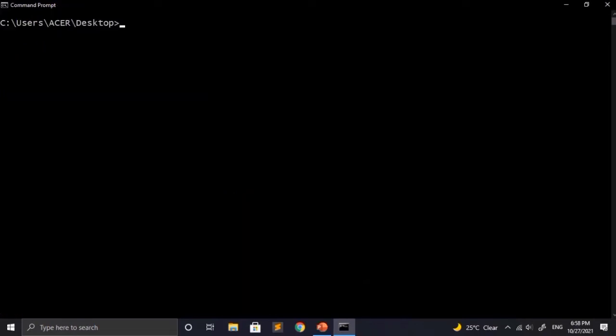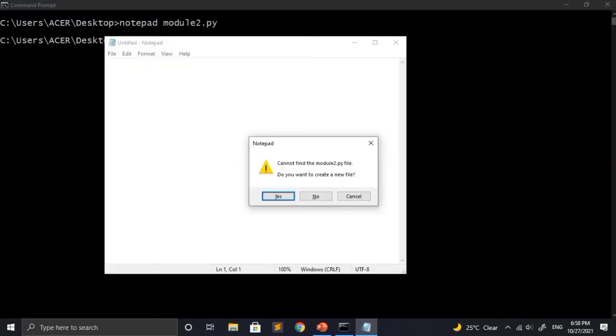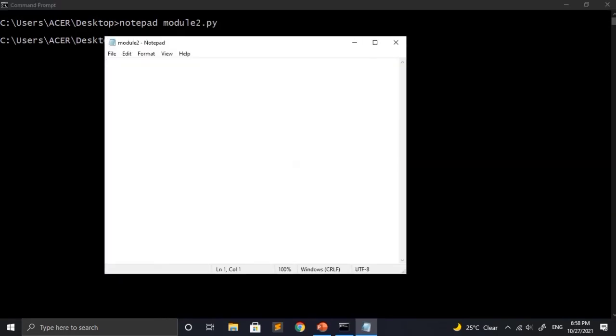Now we know how to use the from import statement, but let's see some scenario in which this statement can create lots of problems. So for that I will be creating a module very quickly, and in that I will be adding only one variable with value 10. So this is the module 2, and inside that I am only going to write x equals to 10, which means a variable with value 10. After this, save it and close it.